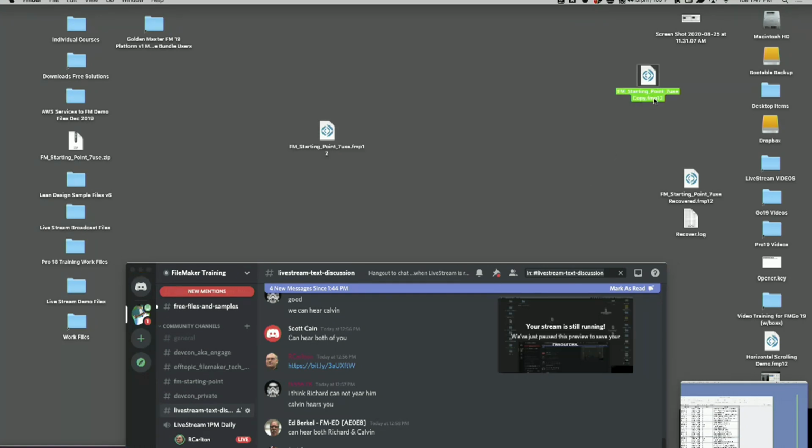So a file format change is the way the file is structured, the bits of data physically structured within the file. And the way you know that there's a different file format is when the extension on the end of it changes. So FMP12 is a file format, a specification that Claris set up. The last file format that existed was FP7. And before that, it was FP5, and then before that, it was FP2